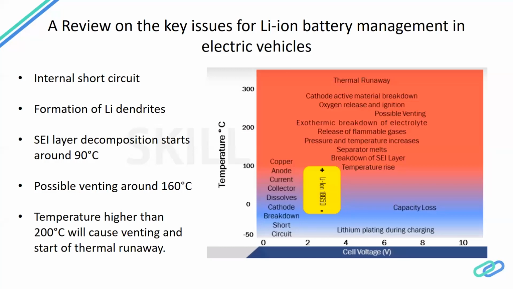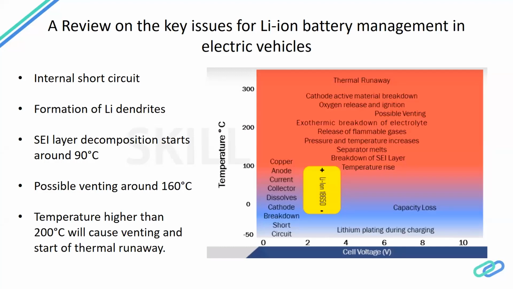Now, say your battery temperature goes above 100 degrees Celsius, then there is a layer called the SEI layer. I don't know if you can see it in the picture. SEI stands for solid electrolyte interphase. It is a layer formed on the negative electrode, which actually protects against internal short circuit. But if it is breaking down, then there is a problem of internal short circuit. If there is an internal short circuit, then your battery won't work, there will be a blast. So you don't need that. Your SEI layer starts to decompose at around 110 degrees Celsius, and then it will completely decompose, and then you have an internal short circuit.